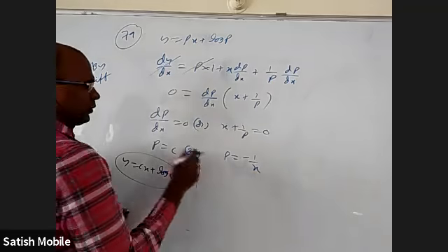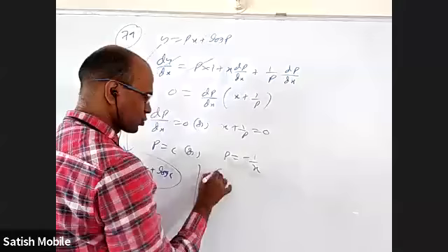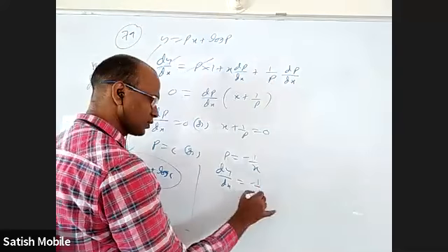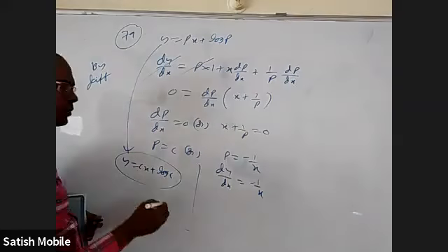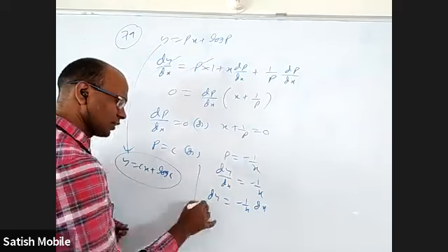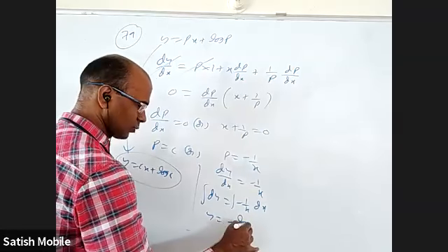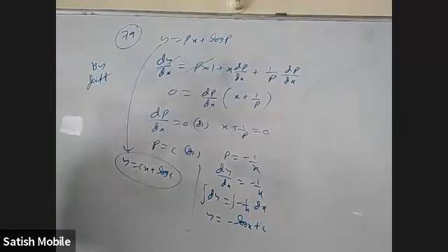Okay. By putting it back from this. This one, how to solve? dy by dx is equal to minus 1 by x. This is variable separable. dy is equal to minus 1 by x dx. When I integrate it, I'll get y is equal to minus log x plus c. Okay. So I'm sure this also will be a solution.